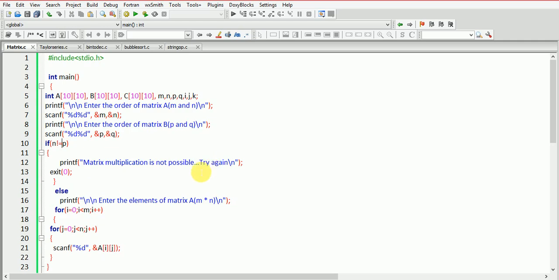So I said that the condition for the matrix multiplication to happen is the column of the first matrix has to be equal to the row of the second matrix. So for this we are going to check this condition: if the column of the first matrix is not equal to the row of the second matrix, then we are going to give a message that matrix multiplication is not possible. Try again with the different order of matrix. Otherwise